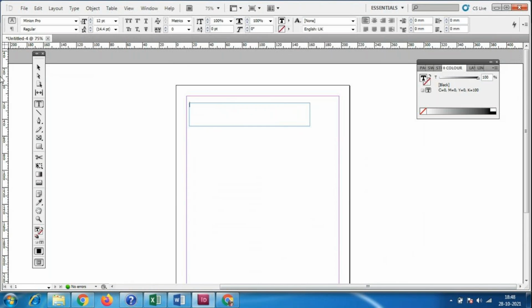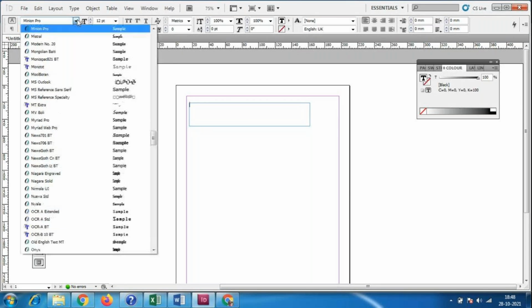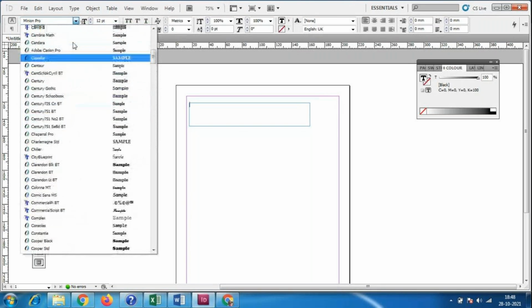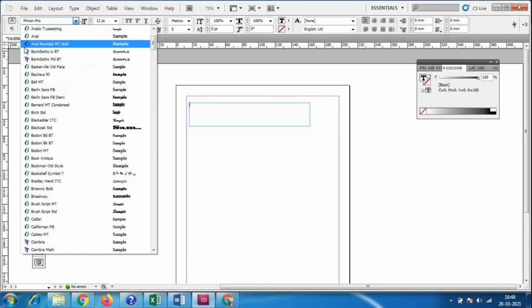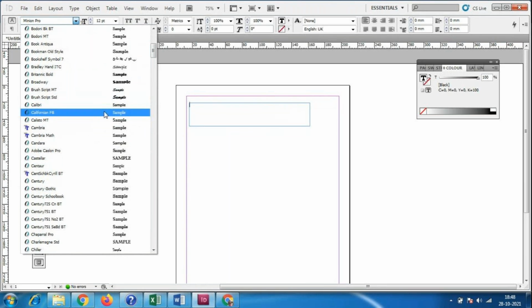Before that, here in the property window we have all these options. We have the font, whatever fonts we want. We have Arial, Arial bold, Arial italic, and all these fonts. These fonts are the same in all the software.